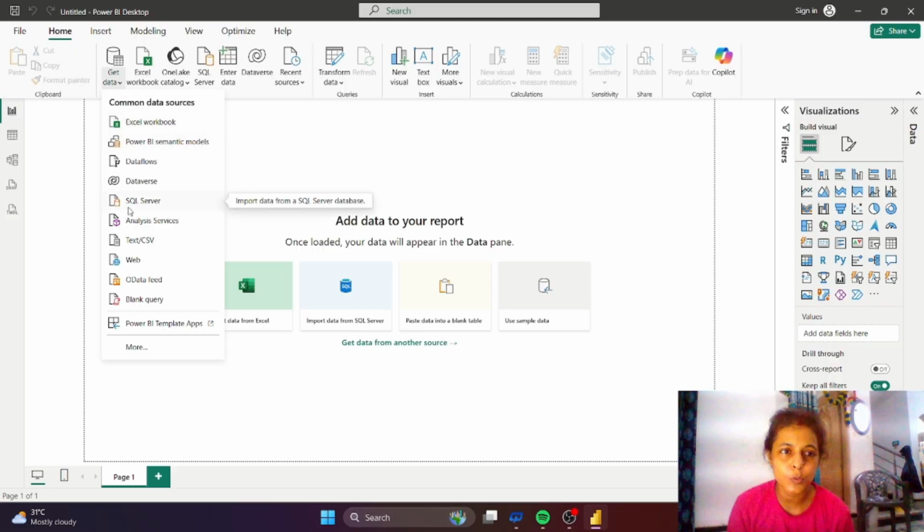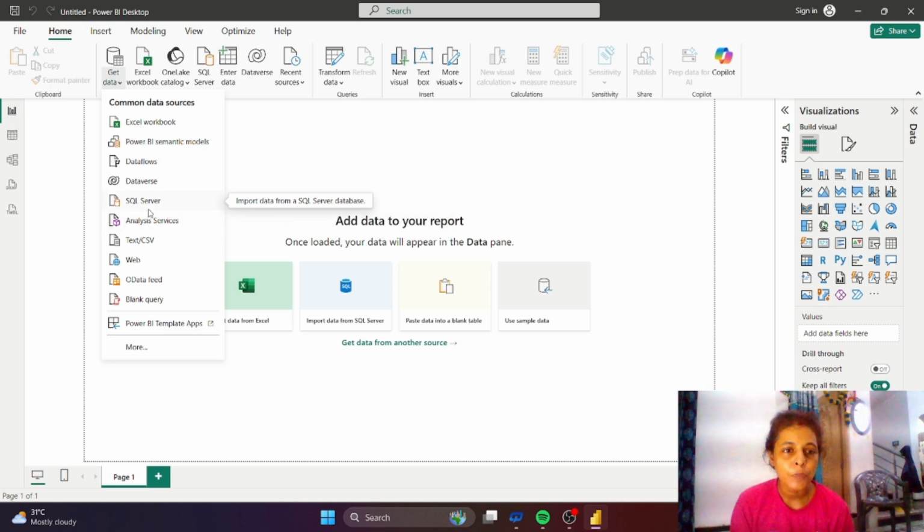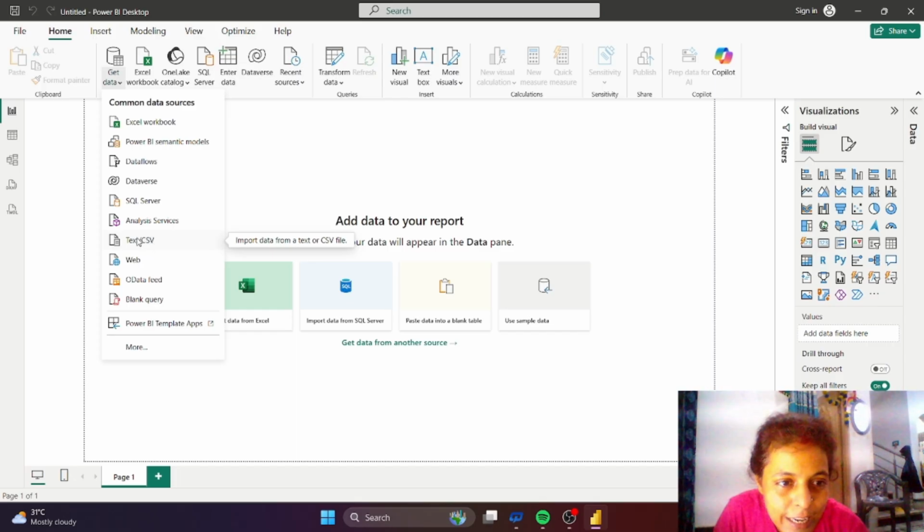And if you want to bring from SQL, most people don't know about SQL Server right now, so leave it for now. We have to bring our file as a CSV, so we just have to click on CSV.